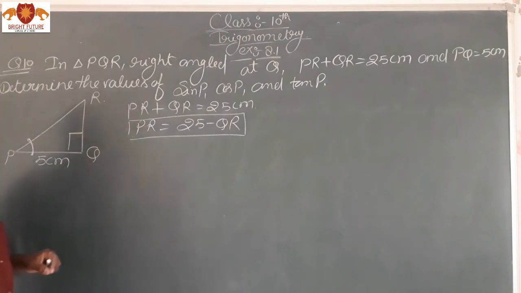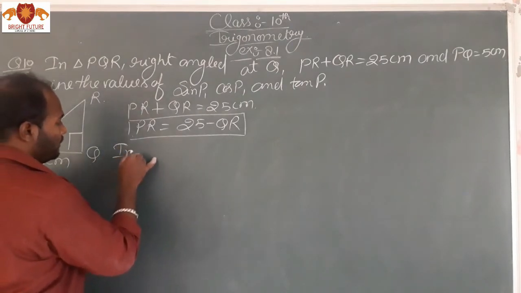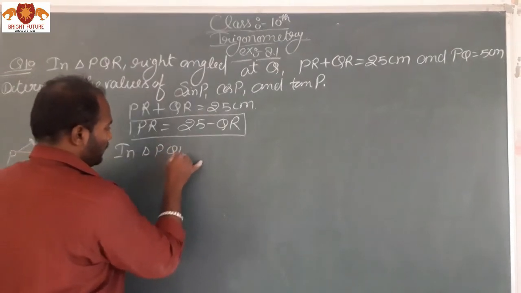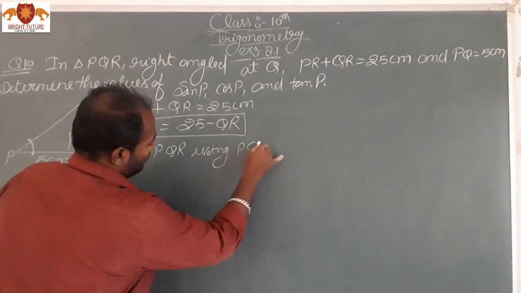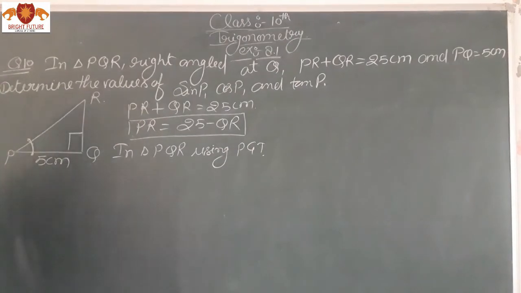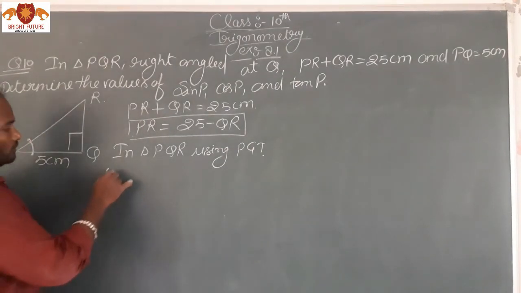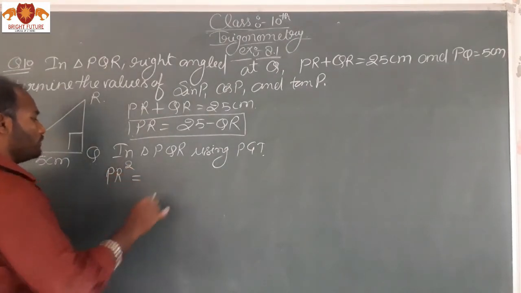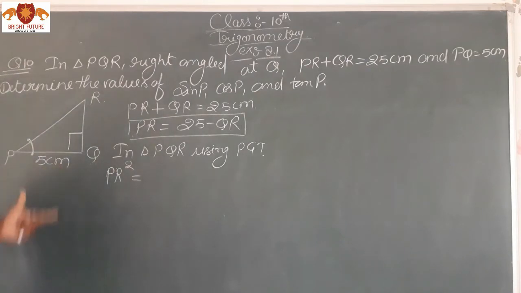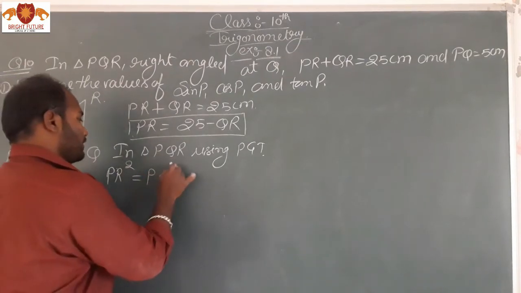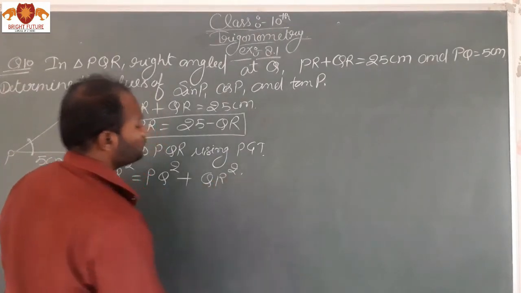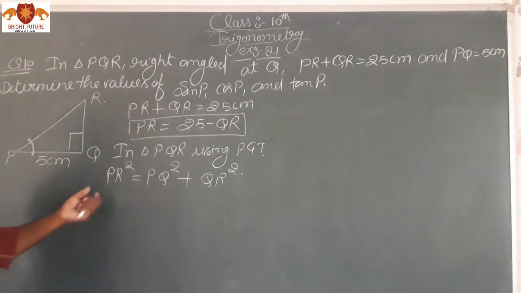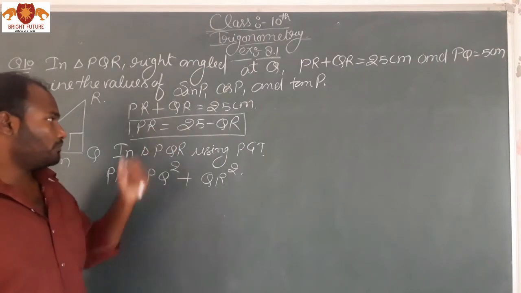ट्रायंगल PQR में, तो यू विल राइट हियर इन ट्रायंगल PQR यूजिंग, क्या यूज कर रहे हो आप, पाइथागोरस थ्योरम, ठीक है। तो आप इसके अंदर पाइथागोरस थ्योरम का यूज करो। पाइथागोरस थ्योरम क्या कहती है सर, हाइपोटेनस स्क्वायर, इट मींस यू विल राइट हियर PR स्क्वायर इज इक्वल टू, ठीक है, PQ स्क्वायर, इट मींस बेस स्क्वायर प्लस परपेंडिकुलर स्क्वायर। सो आई विल यूज द पाइथागोरस थ्योरम हियर, ठीक है।